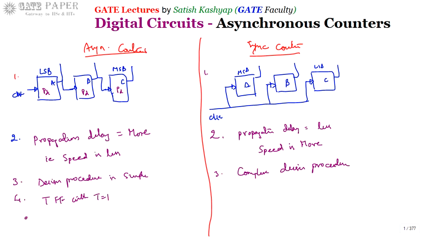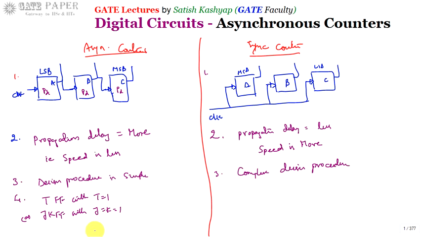and JK flip-flop with J equal to K equal to 1. These are the flip-flops used in the asynchronous counters. In asynchronous counters, for every clock, what we expect is the output of the flip-flop will get toggled. Toggling of output is only possible in 2 flip-flops out of the 4 flip-flops we have. We have SR flip-flop, JK flip-flop, D flip-flop, T flip-flop. But out of these 4, only T flip-flop and JK flip-flop have the complement function. The other flip-flops don't have it.